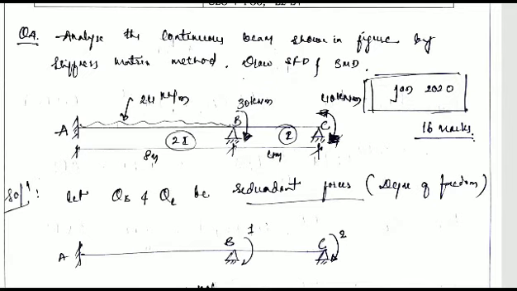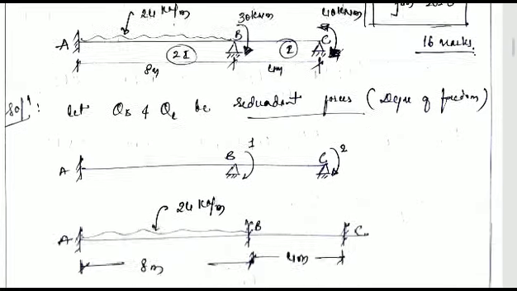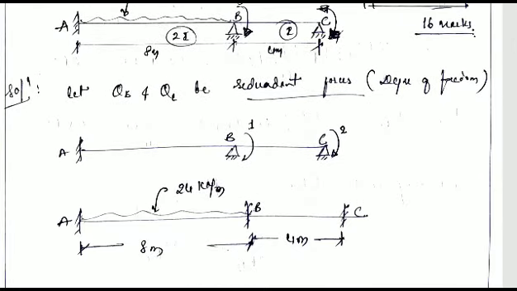So let us assign the coordinate numbers: rotation 1 at B point and rotation 2 as the second coordinate at C joint. We can see in the diagram that the first coordinate assigned is rotation 1 at joint B, and similarly the second coordinate is assigned at joint C as rotation 2. A is a fixed end, so we don't get any rotation here. So with coordinates 1 and 2 assigned, next what happens?